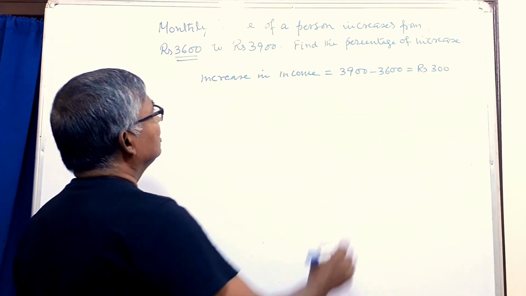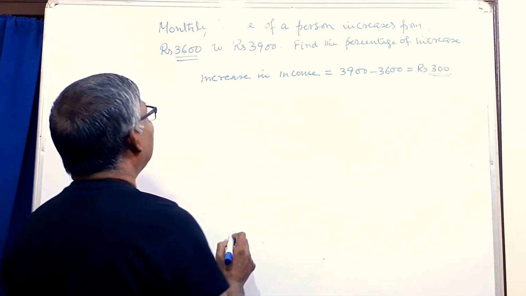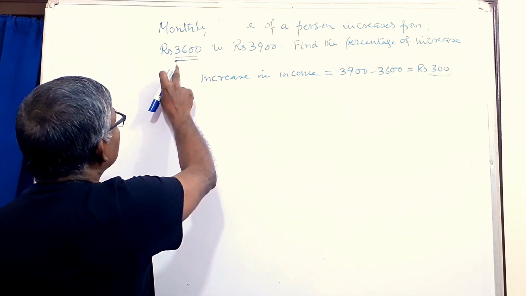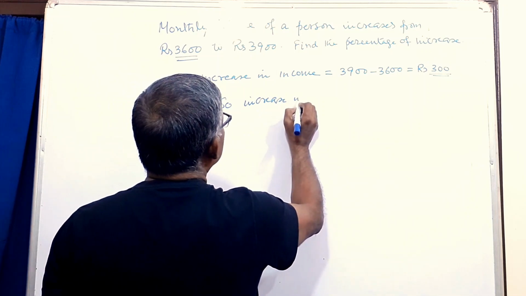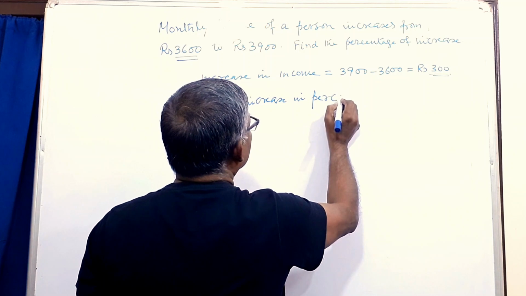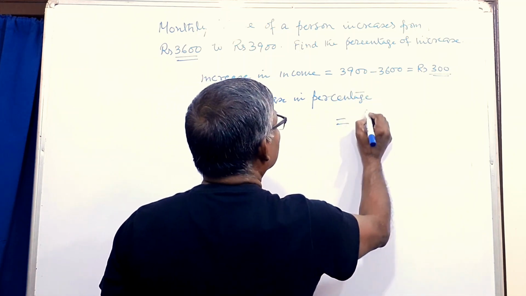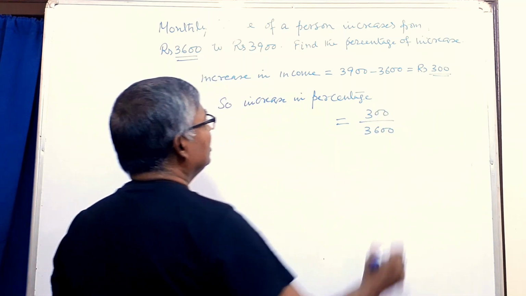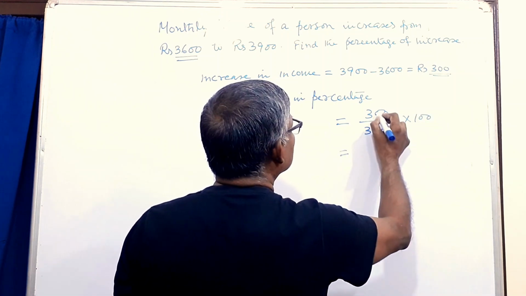Here see, these 300 increase out of his income 3600. So increase in percentage equals 300 by 3600 into 100, that is